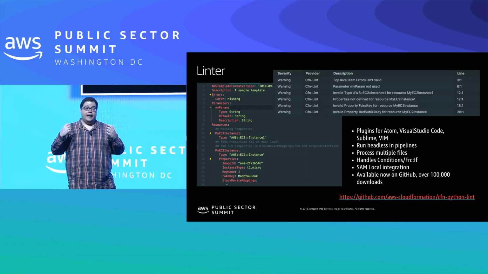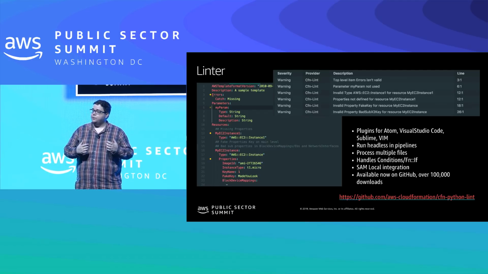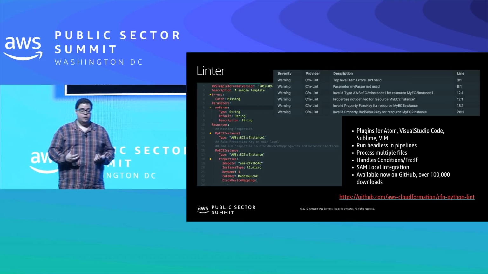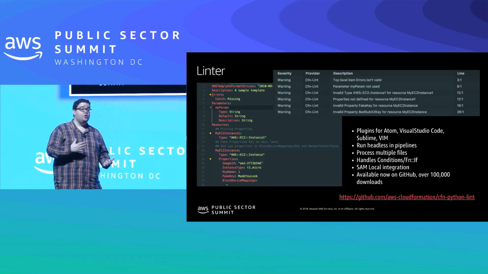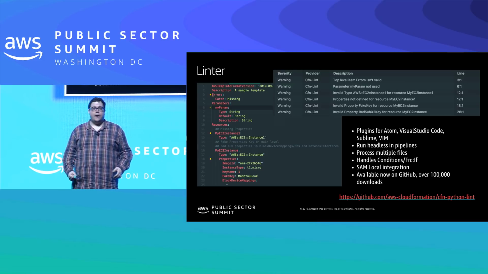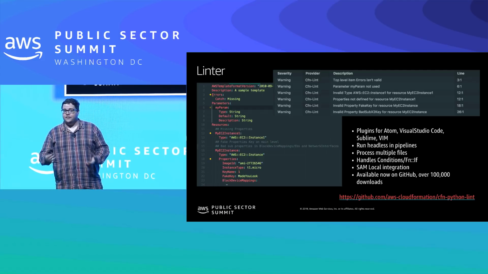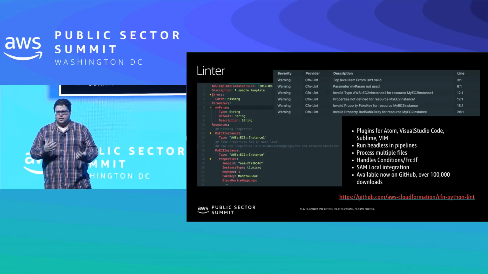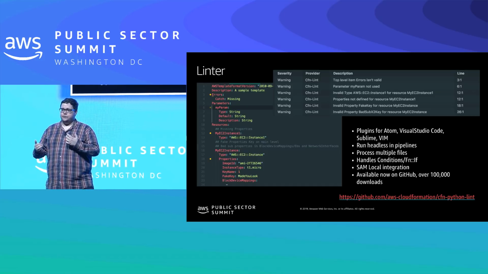We have a tool for CloudFormation called CFN Lint, CFN Python Lint. It was made by a couple of folks from AWS and outside of the community. It's an open source tool that will take a look at your template and say, hey, this thing is wrong. You have a parameter that's not really used anywhere. You have an instance type that is not a valid instance type. You are referencing something that doesn't exist. It's a way to give you a second look over your shoulder to make sure that your template actually looks sane. It runs in a bunch of different editors.